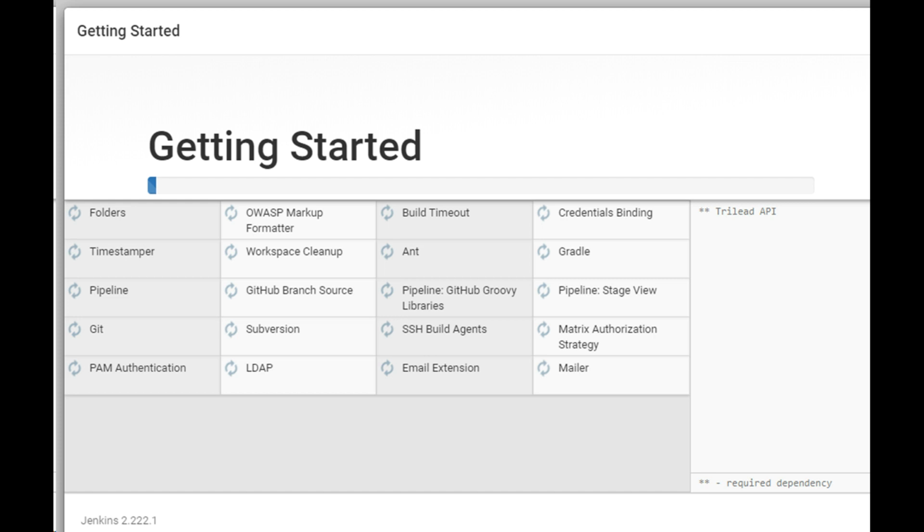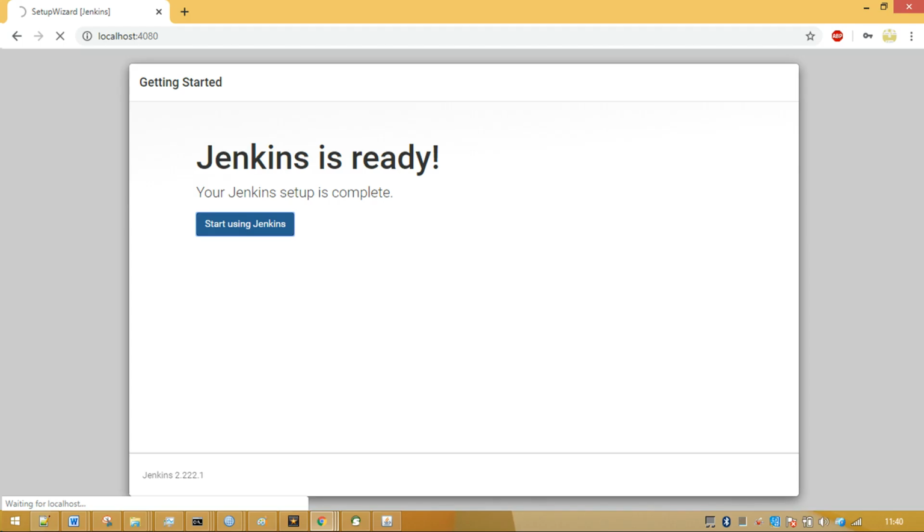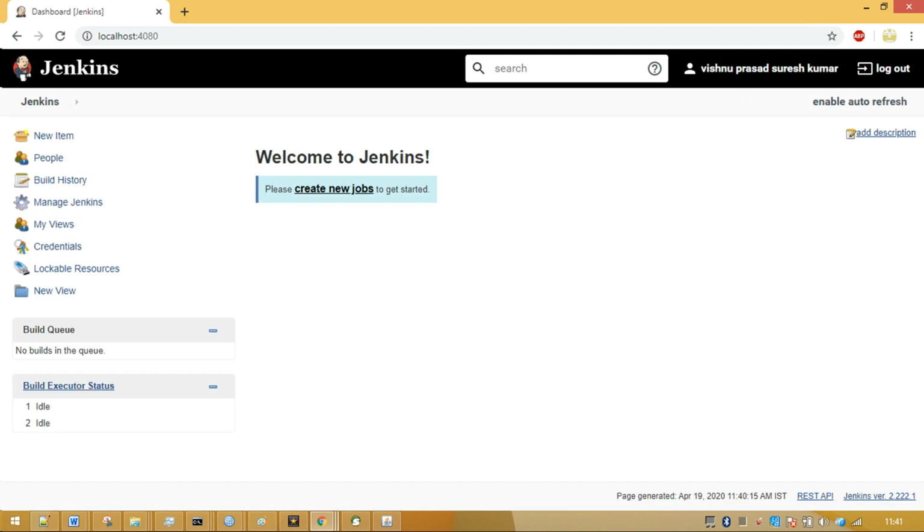Configure your username and password used for administration. Then accept the Jenkins instance URL set to http://localhost:4080. You will arrive at this page where Jenkins reports that it has completed installing on your machine and is ready to be used. You will later land here where you can create IIB deployment jobs.